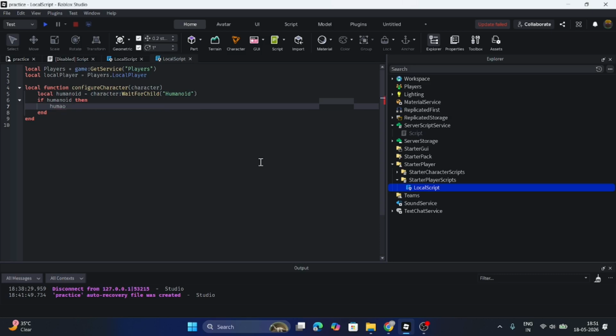humanoid.WalkSpeed 50, humanoid dot, and again the same thing, humanoid.UseJumpPower, all those same things again, true, and humanoid dot